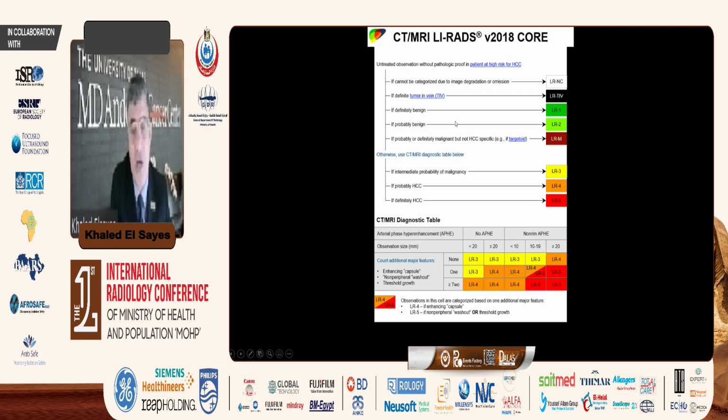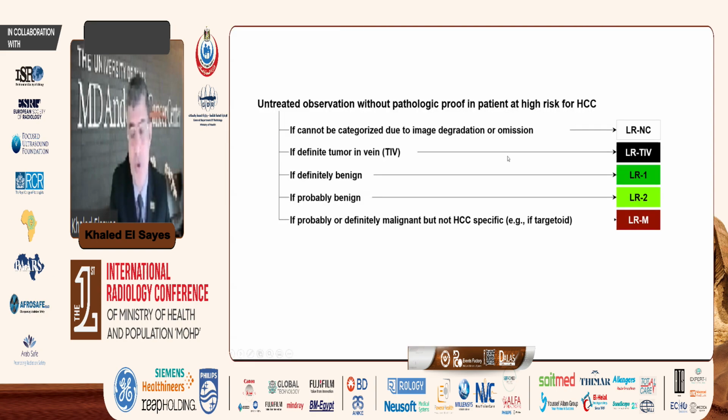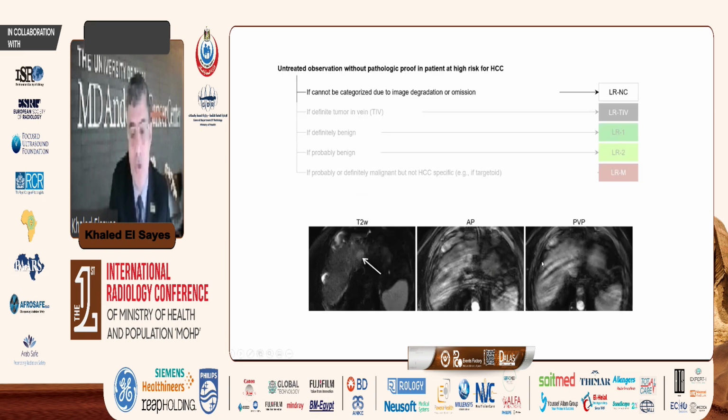This is our step-by-step categorization here based on LIRADS. And I'm going to do it step by step. So first of all, you start by saying, okay, is this categorizable or non-categorizable? After really limiting it to the target population, then you move on: this can be categorized or cannot be categorized. When you have an imaging examination like that, then this is not diagnostic. Then you would not categorize the observation here. You would say this is LR-NC, which is non-categorizable.